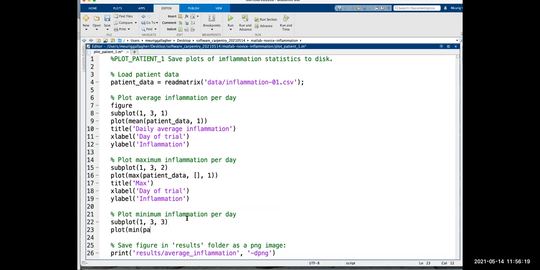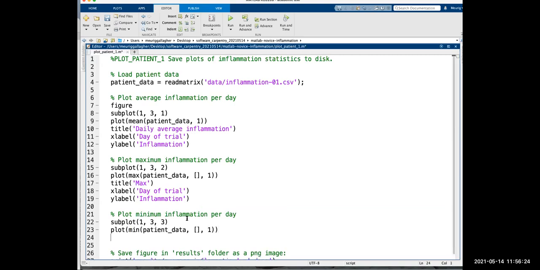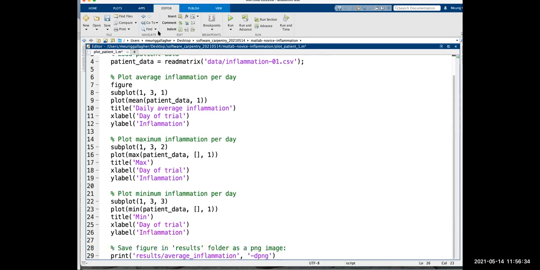We can plot the minimum patient data per day with the title of min, an X label of day of trial, and a Y label of inflammation. Again, maybe we don't want to call this average inflammation anymore. Maybe we want to call this inflammation statistics. We click save.